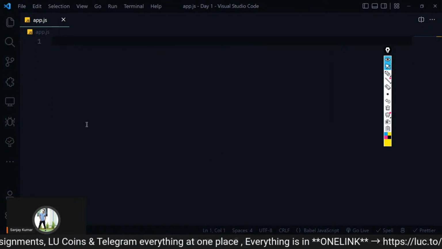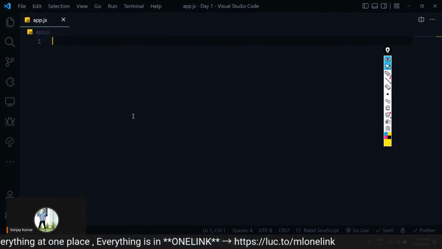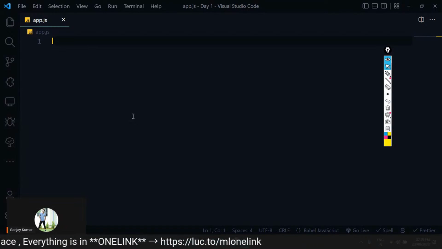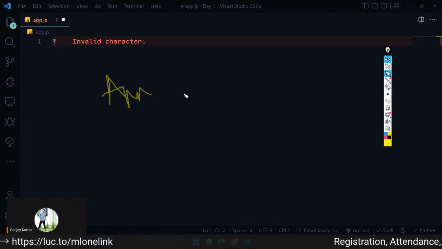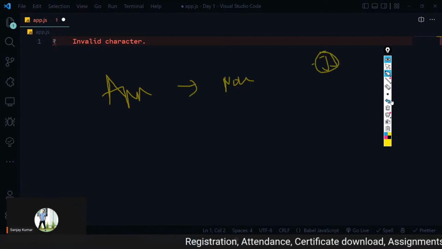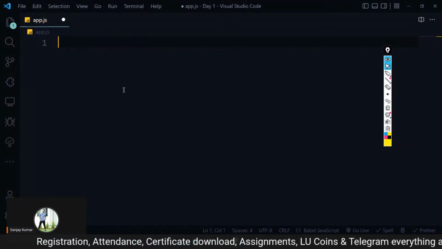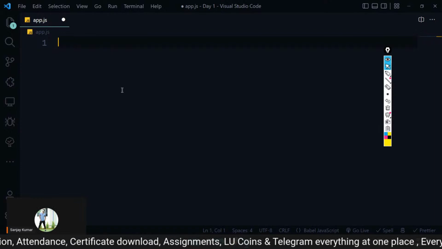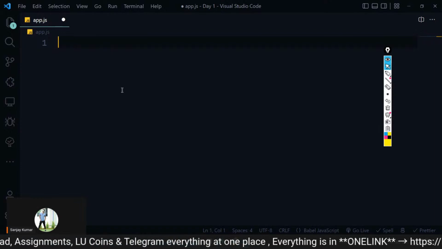So let me just do some very basic JavaScript code here, because to make an application with Node.js, we must know about JavaScript. Let me cover some basics of JavaScript. JavaScript is a programming language. So in every programming language,